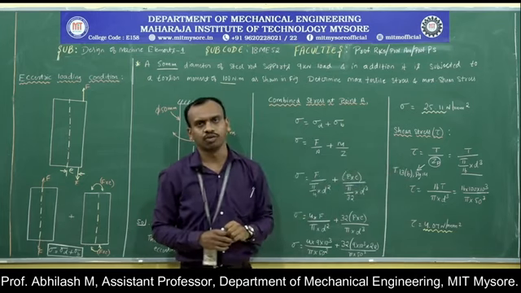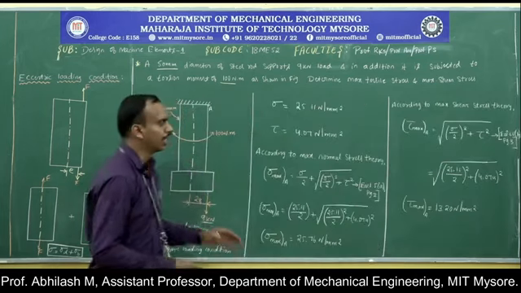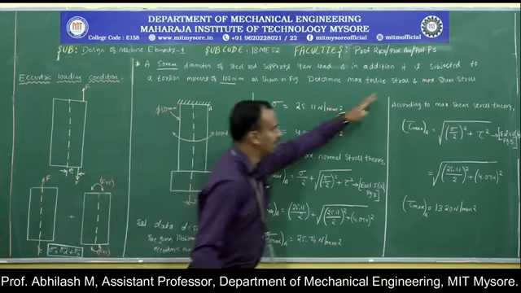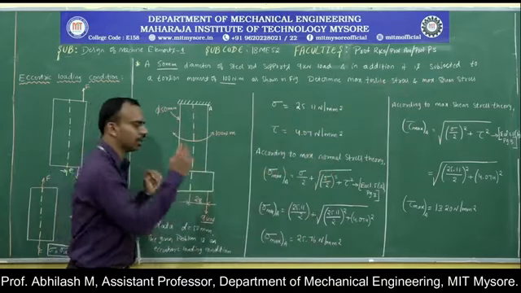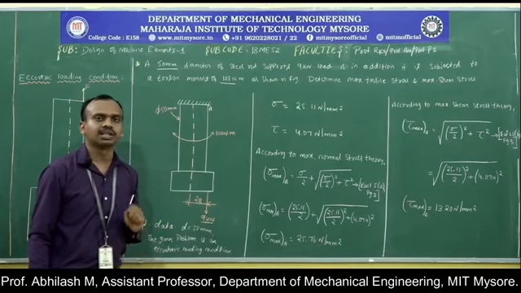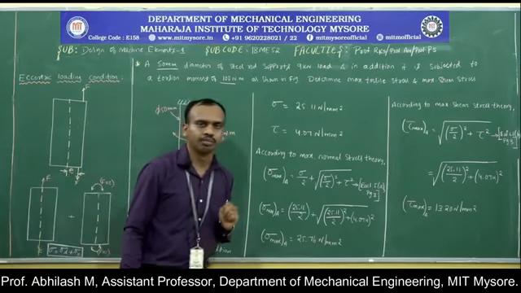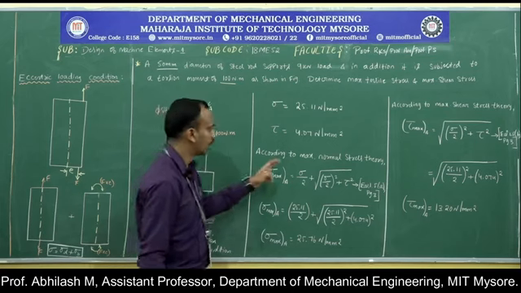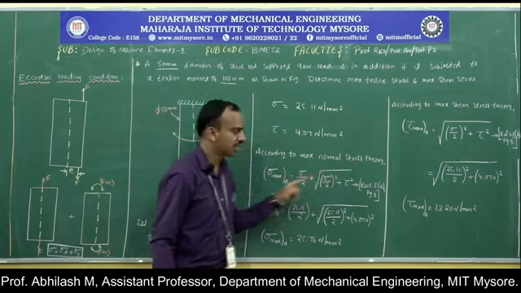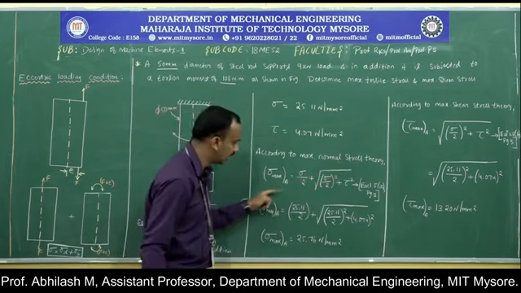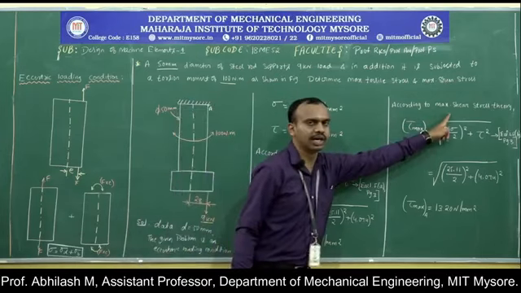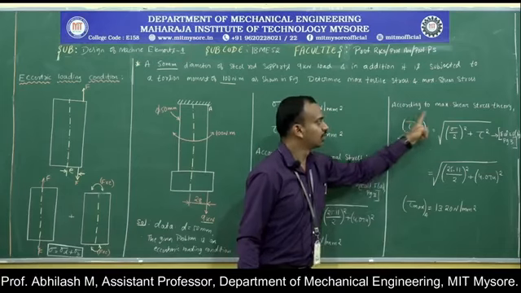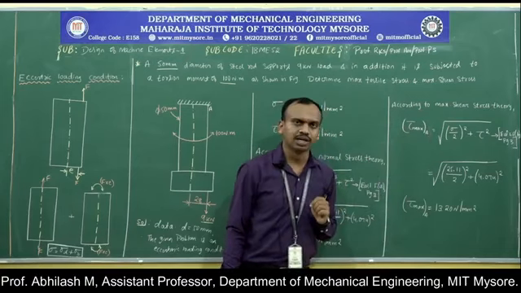So we are supposed to calculate the maximum tensile stress and the maximum shear stress values. Now continuing, in order to calculate these, since the member is subjected to the combined stress condition, we are supposed to make use of two important theories: the maximum normal stress theory, which gives us the maximum tensile stress developed on the member, and the maximum shear stress theory, which gives us the maximum shear stress developed on the member.